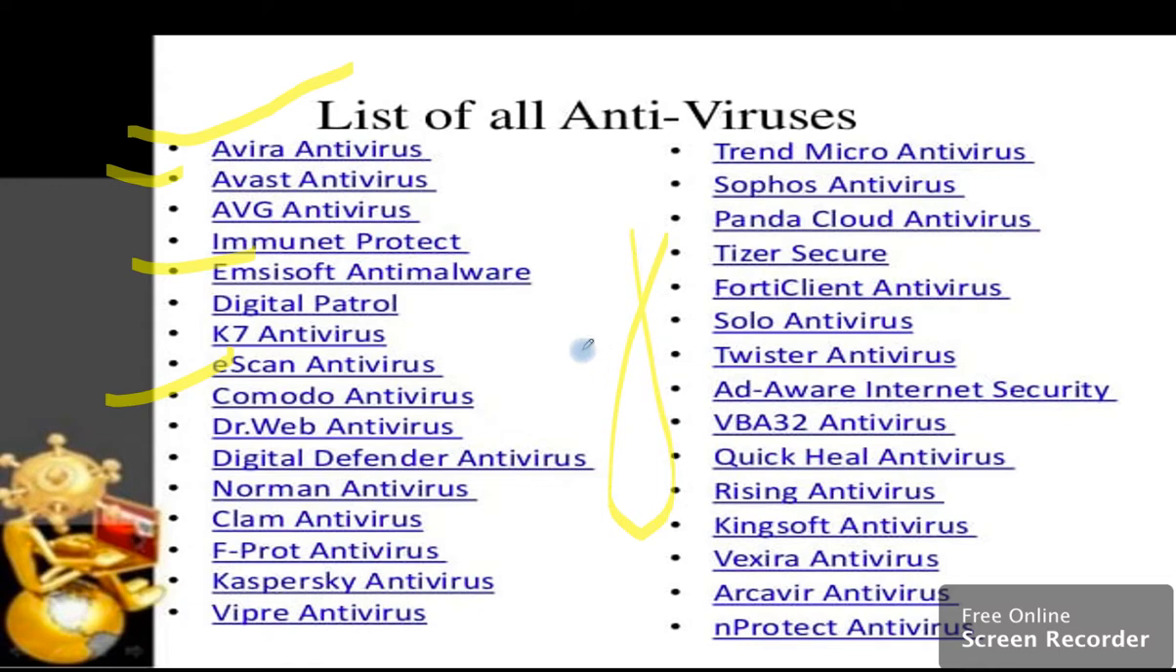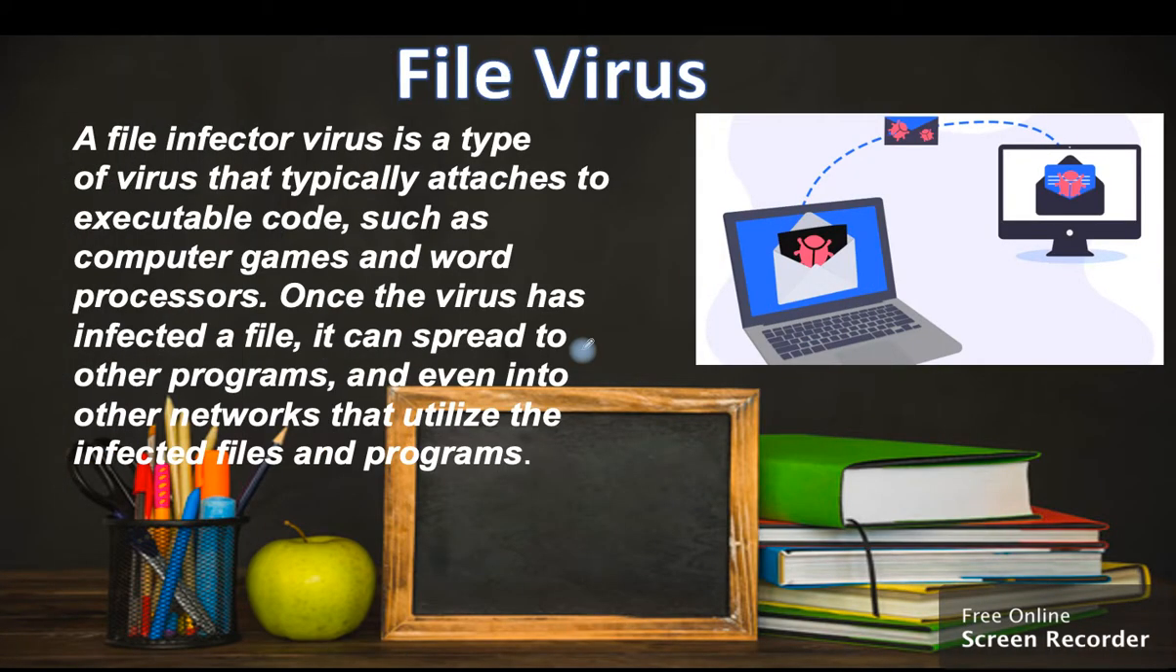Okay, now next we come to file virus. A file infector virus is a type of virus that typically attaches to executable code such as computer games and word processors. Once the virus has infected a file, it can spread to other programs and even into other networks that use the infected files. So in our laptop, this is the file, so it will go to another computer or desktop, then go from one to another, and the infected file will be spread